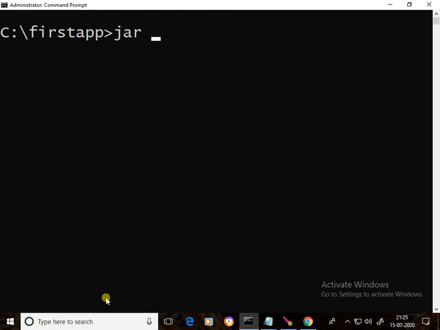Jar. Jar is a JDK tool and it is used to create jar files, war files, EAR files and RAR files. Now it is a web application, so we are going to create a war file. Here cvf: c is create, v is verbose, f is the file to be created. Three options I am using. We are going to create, that's what c. While creating, if you want to display details of the war file, v is required, verbose output. f is the file to be created. Which file? first.war we are creating.